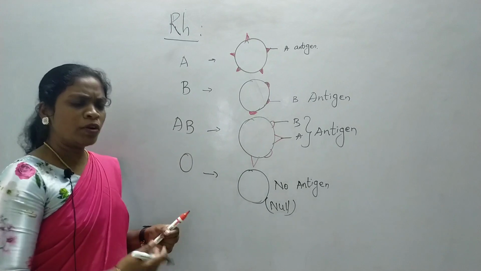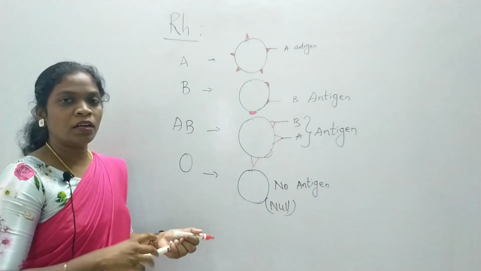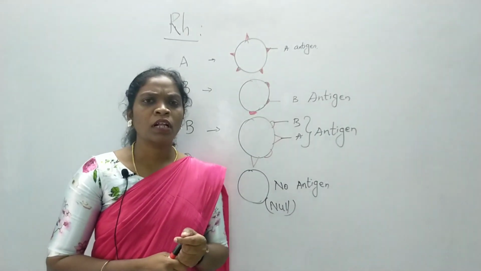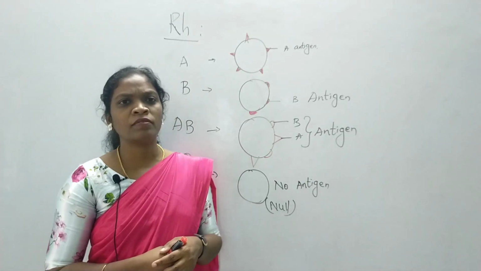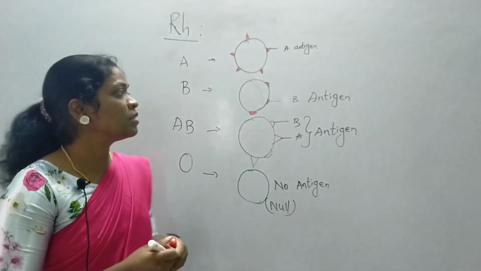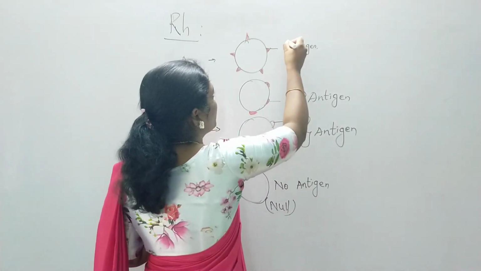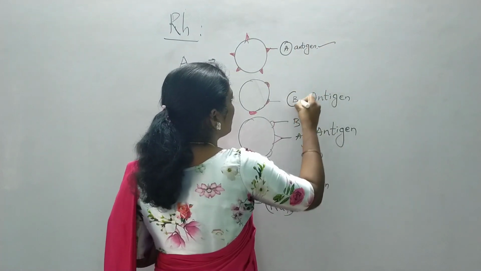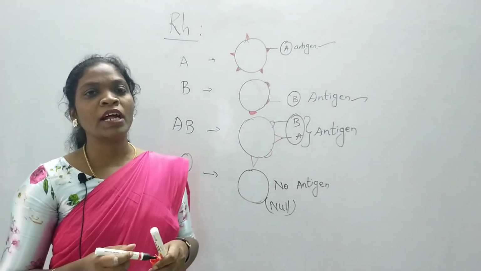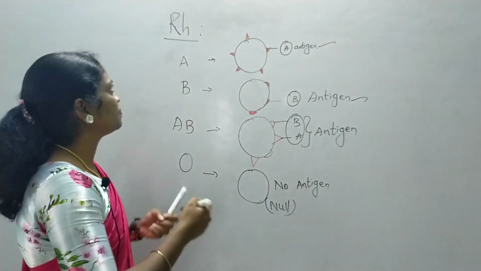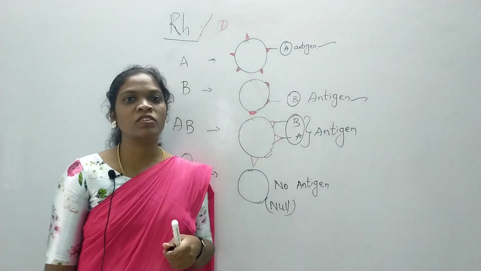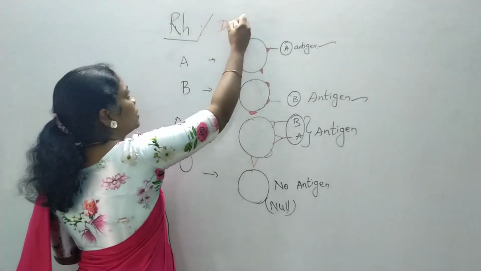Okay, I can tell an individual which blood group they belong to, whether it is A, B, AB or O. Then how can I tell them whether they are positive or negative? This positive and negative is based on the presence of one more antigen. Apart from the A and B antigen, the surface of RBC can have one more antigen that is known as D antigen. RH antigen is also known as D antigen, which is present on RBC.